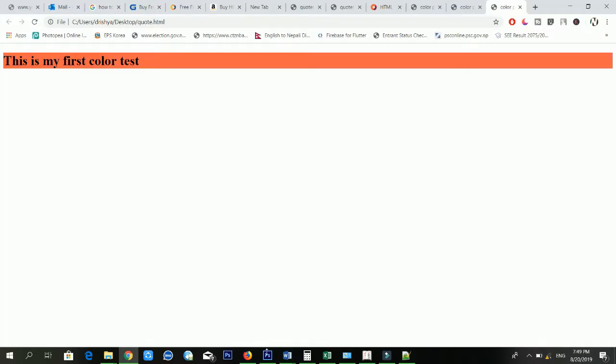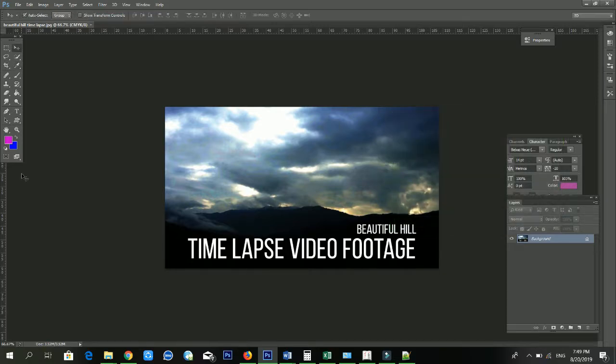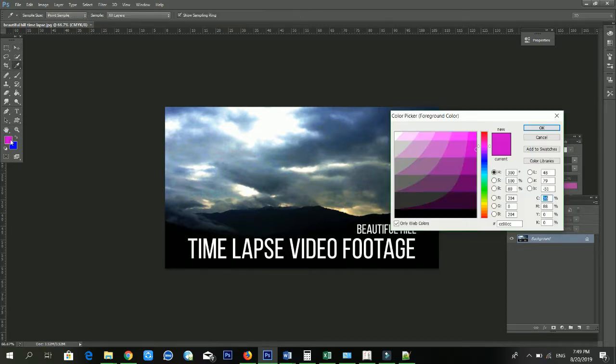If you know the proper knowledge of Photoshop, then you can use the hex code from here also. So for this, first of all you have to click on the color, and after this you have to select your favorite color. Okay, now you can see there are various colors available. This time I'm using the orange color. And from here you can see inside the below of the color picker window there is a hex color available,